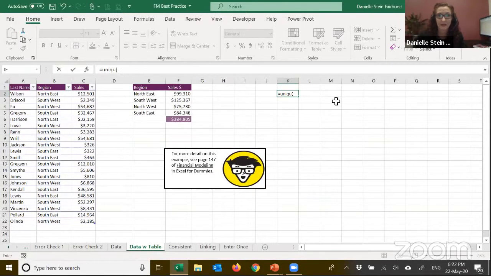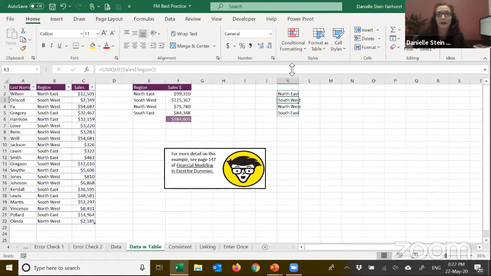I say equals unique, and then that will automatically create a unique list like that. So if I were to create a new one like that, it'll automatically pop up, a little bit like a pivot table used to do, but much quicker and in a more dynamic way.